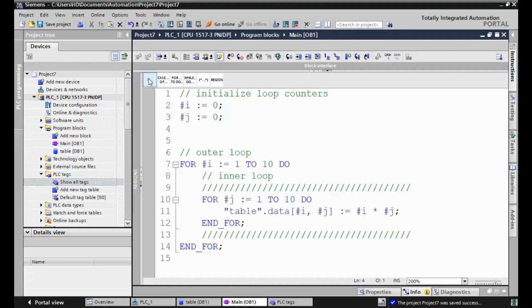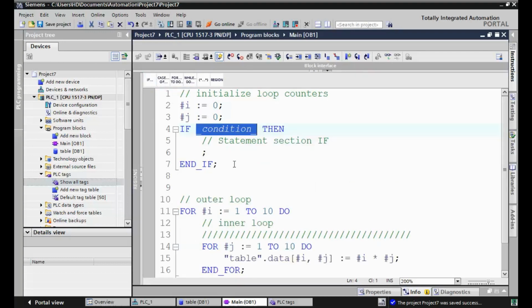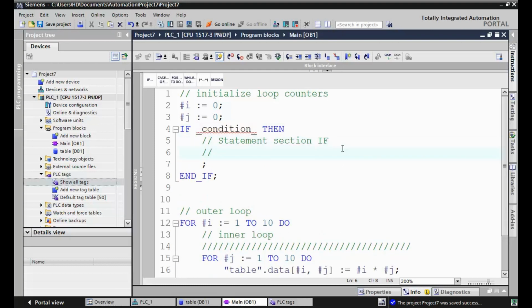The next step is to use the command to initialize the cells in 2D array to 0.